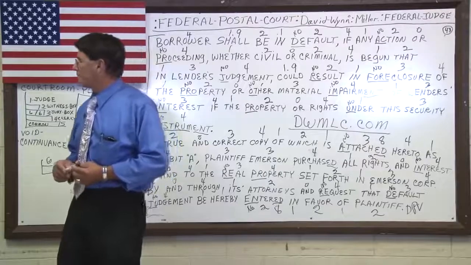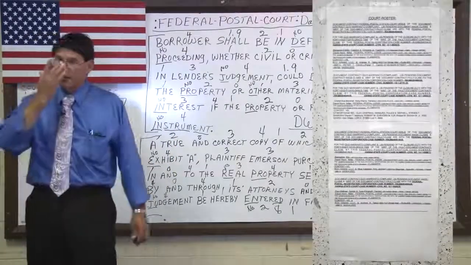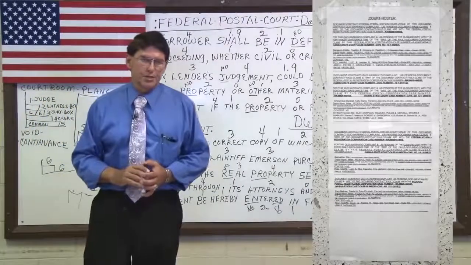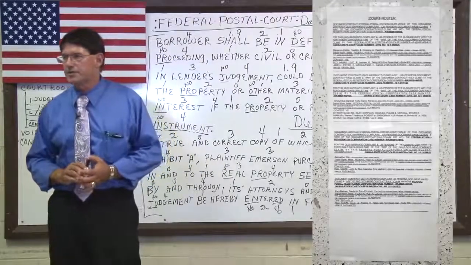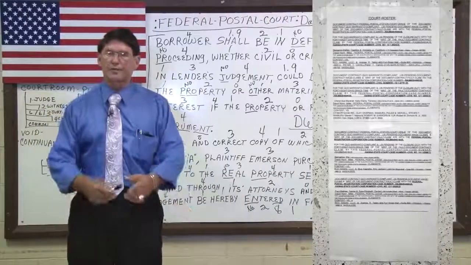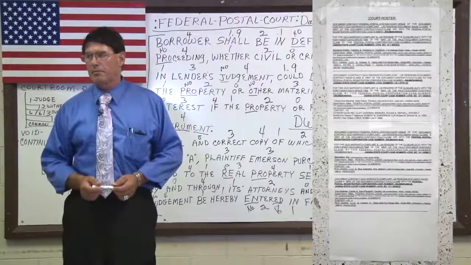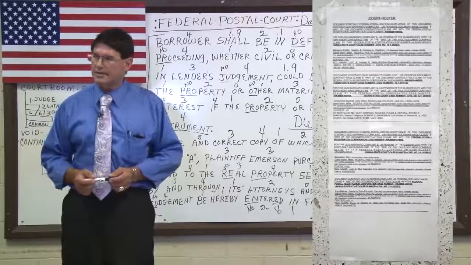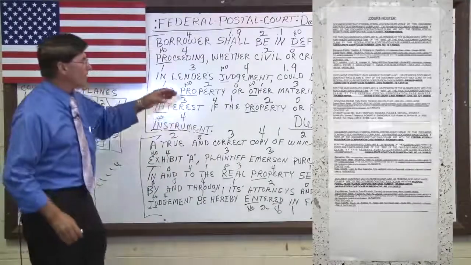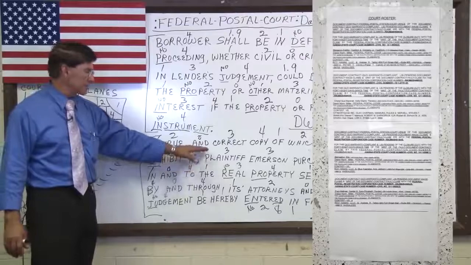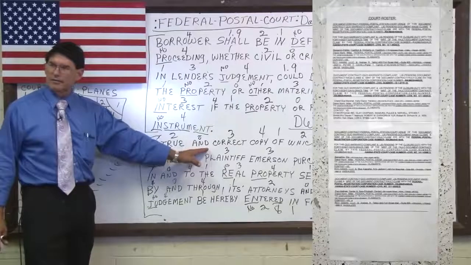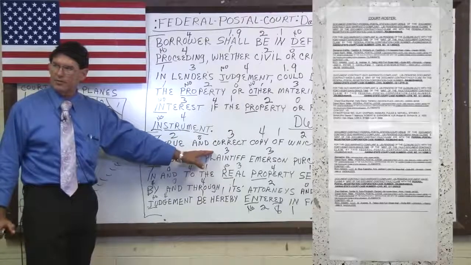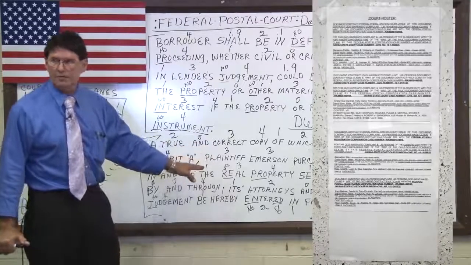Also, you can look on the board over here, we had summoned 14 different government officials, the police chief here in Maui, several of the judges and the attorneys who have committed the fraud. We have the forensic evidence in front of us. And by bringing this to the table today as a federal postal court, we asked them to attend today to answer why they're supporting this document and accepting this language to be a fraud. Why are you using fraud and damaging and taking homes from people that you don't have title to, that the bank does not have standing for?